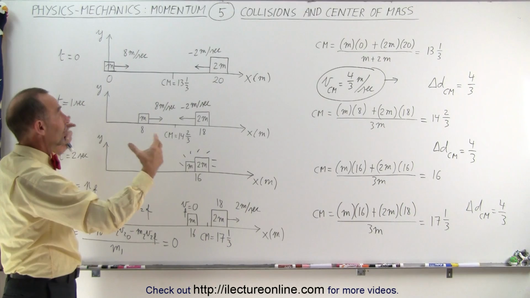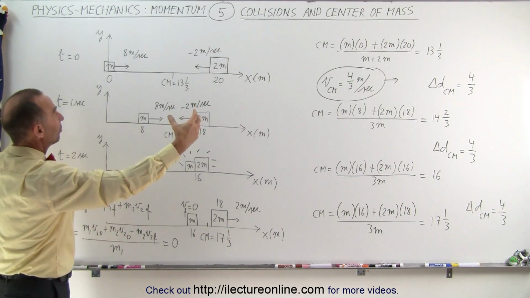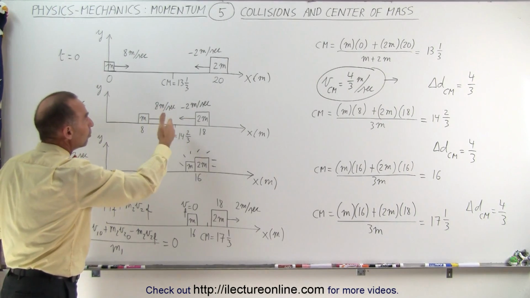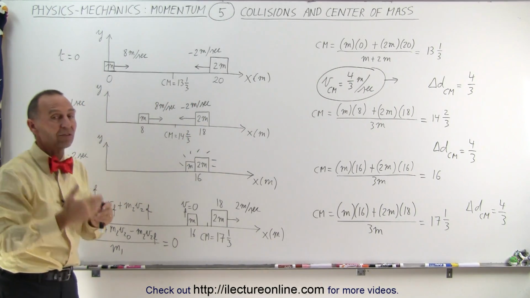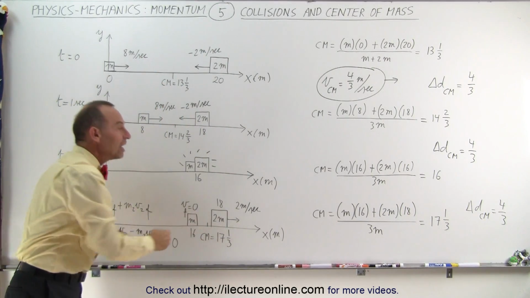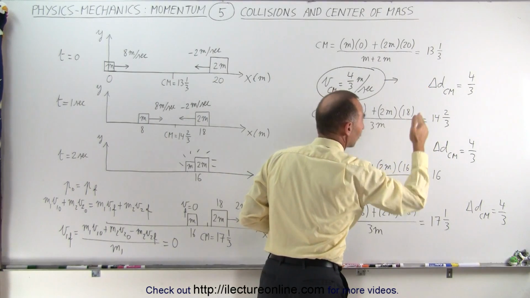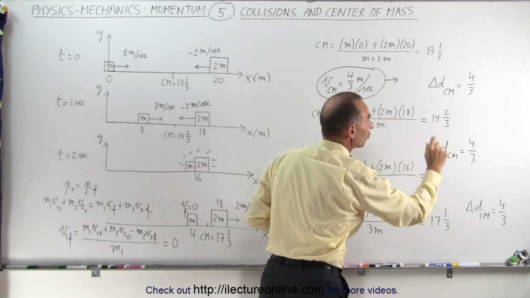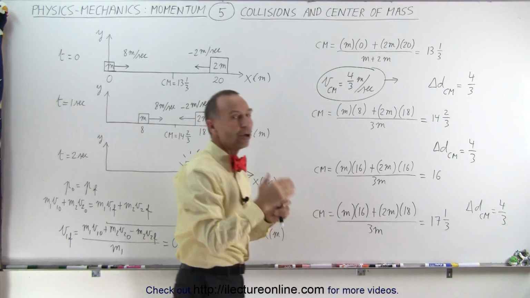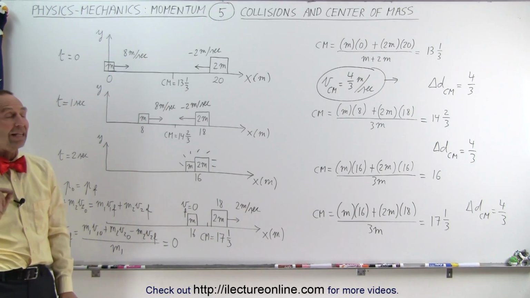But if it's a collision where the objects have different masses and different speeds, so that the center of mass will move during the process, before, during, and after the collision, that constant change will not change. You can see that the difference of location of the center of mass continues to change by 4/3 of a meter throughout the entire process. So that's absolutely key to understanding